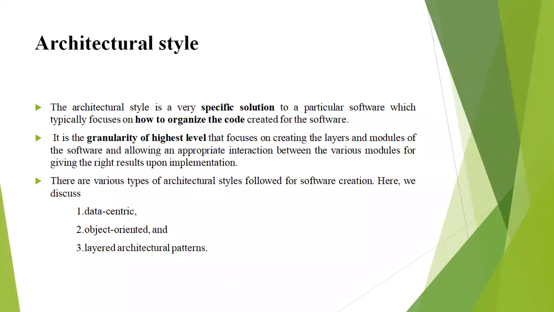So the total project can be divided into modules, and each and every module may accept different types of coding, or maybe the same single coding.